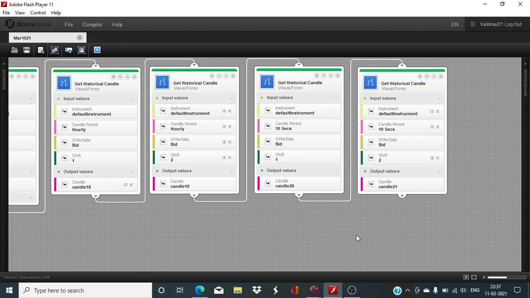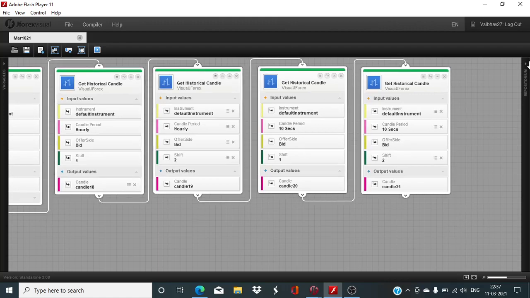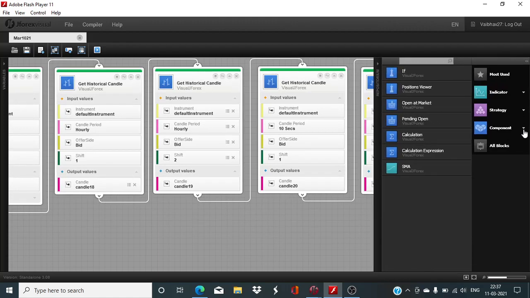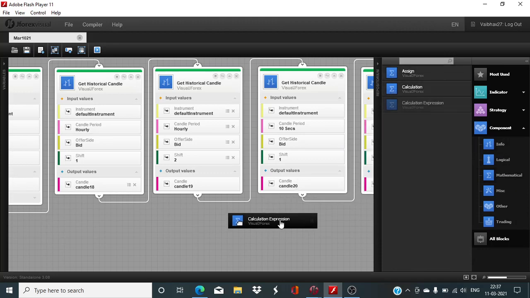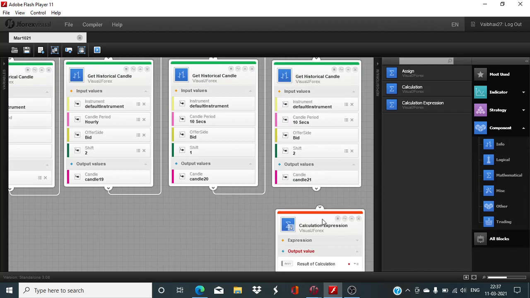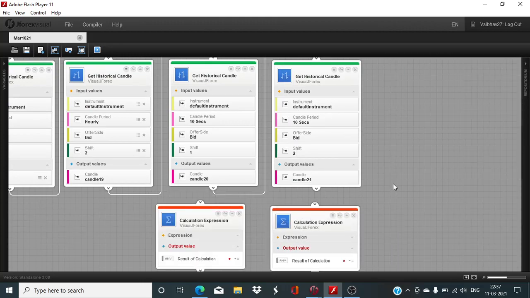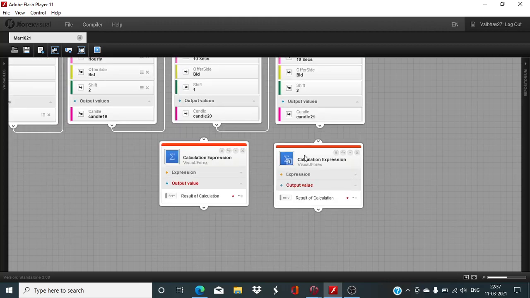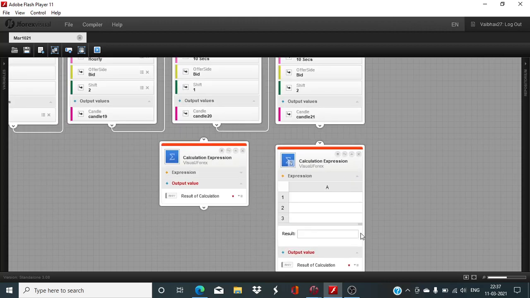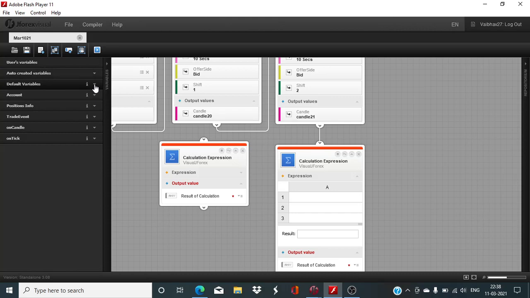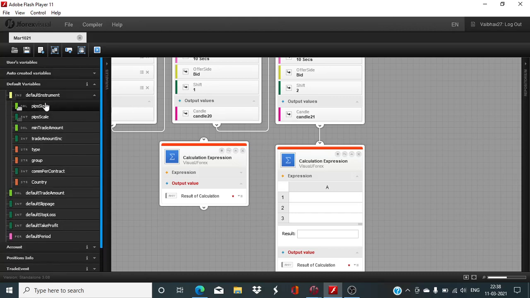So we can do the historical data test and see what is the probability or profitability for the underlying logic. So now here we will first define 7 pips. For that, the calculation expression block will have to be used. I will take 2 at the same time. Now here we will have to take the pip size for the default instrument. Okay, here it is,